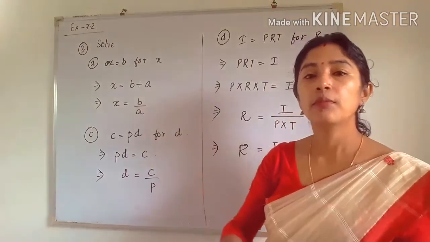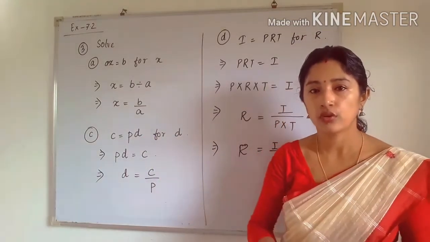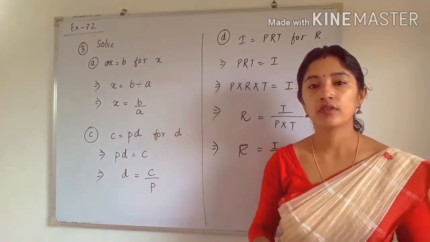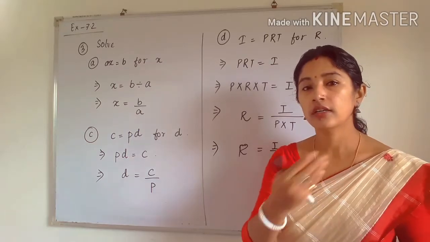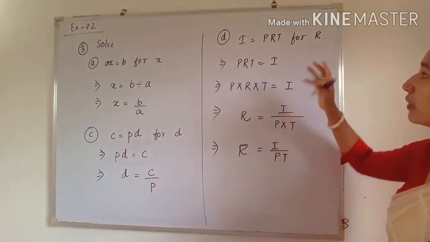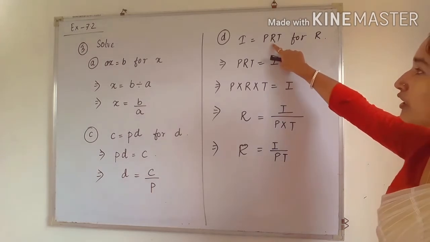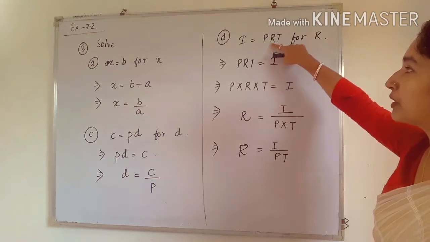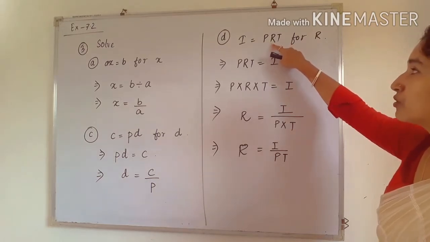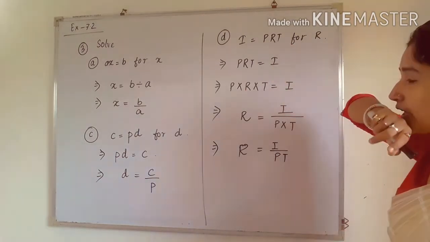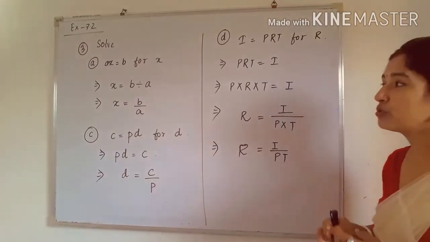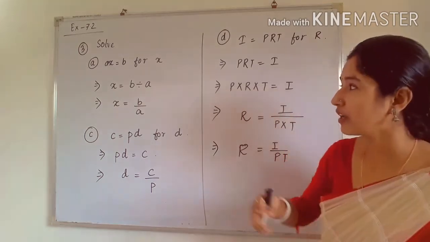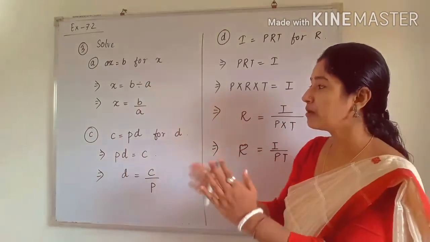So you have to keep that alphabet alone at one side. Okay, and we have to eliminate all the rest of the alphabets, or you can say any numbers, to the other side. Similarly, in number D, we have to solve for R. That means we need to find the value of R. So we have to keep that R alone on only one side. Okay, so one more thing I will tell you about this is the solution, or you can say the value which you are going to find. Suppose here we are going to find x, so you have to keep it at one side.